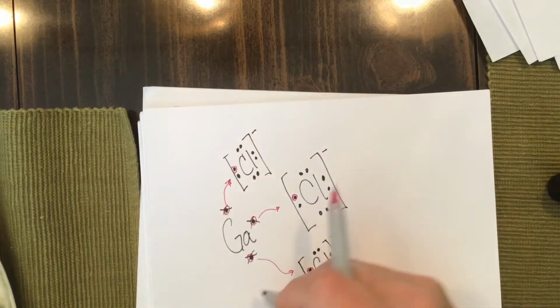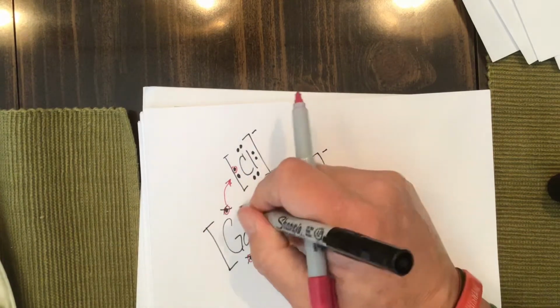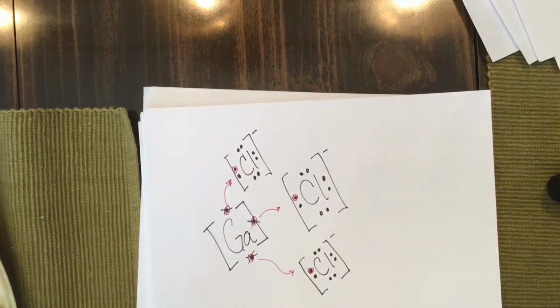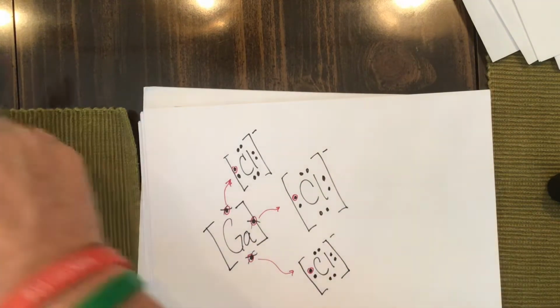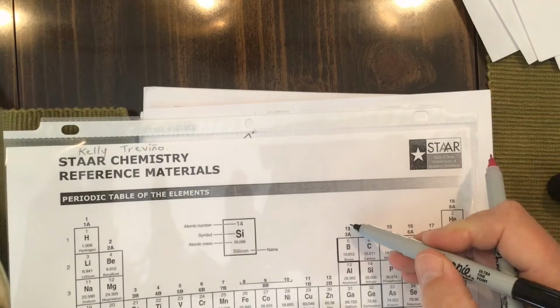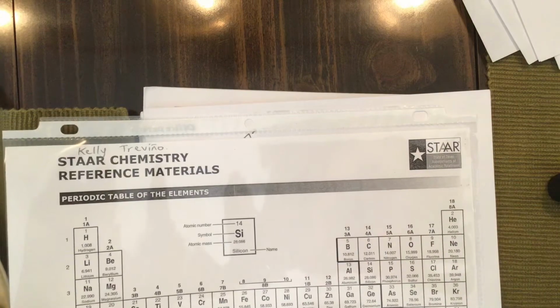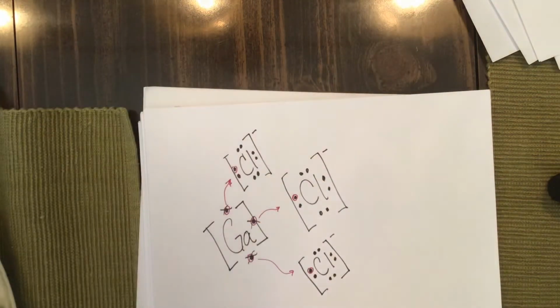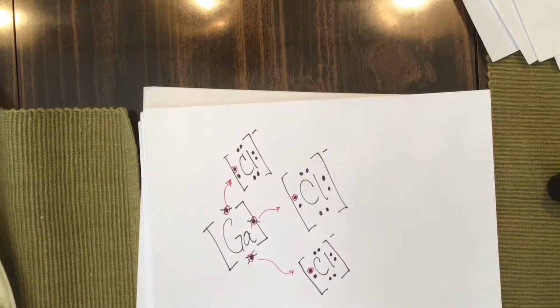So gallium has lost 3 electrons. So guess what its charge is? Well, you can tell because if you're in this group right here, there should be a +3 written up here. It should be a +3 ion. In fact, I'm going to write my charges on this periodic table here because I forgot to write them on